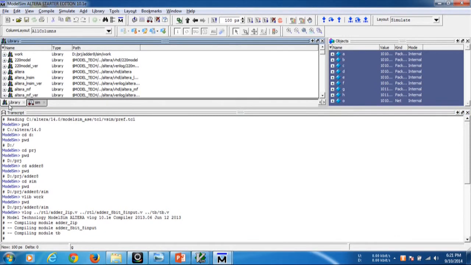We have to write whatever program we want in the transcript, for compilation, simulation, and creating libraries, all in the transcript only. Initially, if you use the keyword pwd, it shows the current directory name, the current path of the directory where we are.